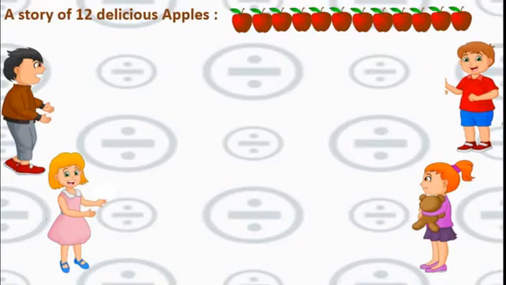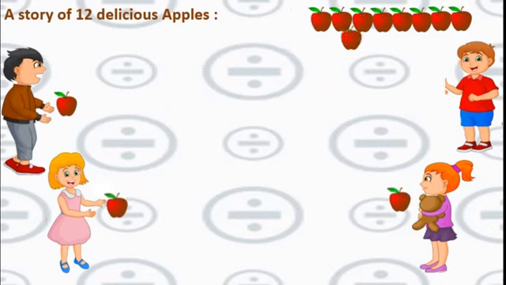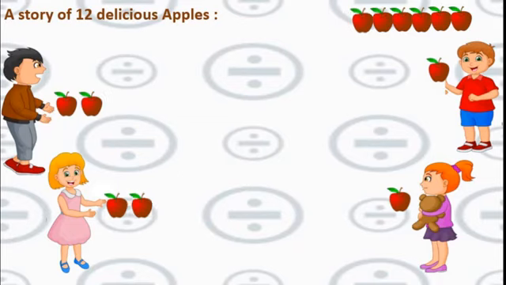Come on, we will start. One to this boy, second one to this girl, third to this girl and this to this boy. Okay, 4 apples. Means 8 remained now. Again we will give one apple to all these 4 students. One to him, one to this girl, one to this girl, and last one here. How many remained? 4 remained.